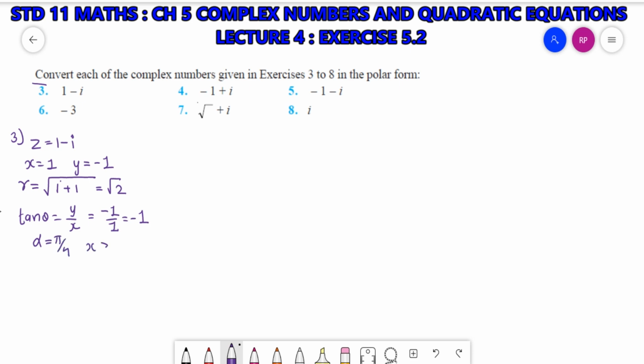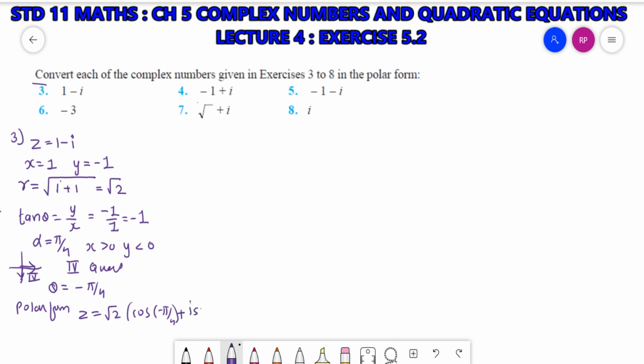Now x is greater than 0 and y is less than 0. So x positive, y negative, that will be in the fourth quadrant. So theta will be equal to minus alpha, so minus pi by 4. So the polar form: z is equal to r, that is root 2, cos theta, that is cos of minus pi by 4, plus i sin theta, i sin of minus pi by 4. This is the polar form of